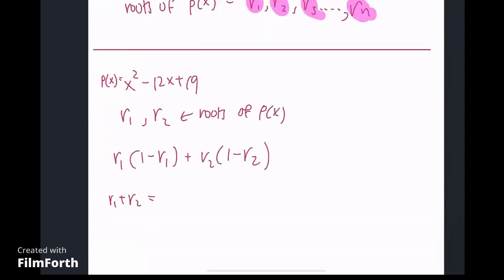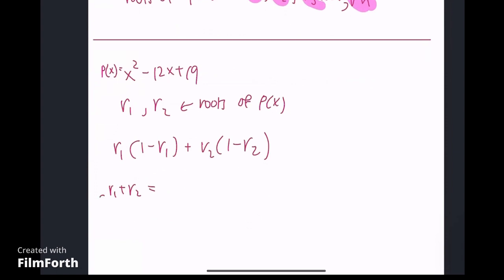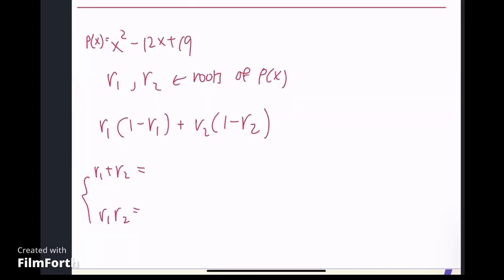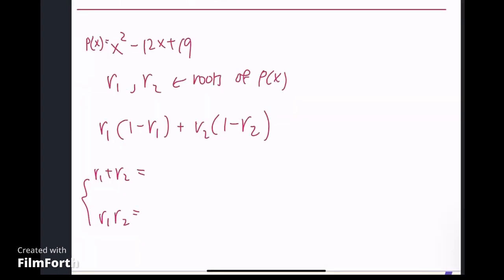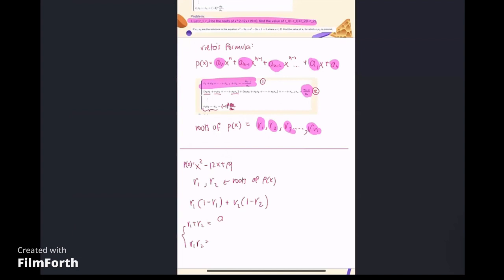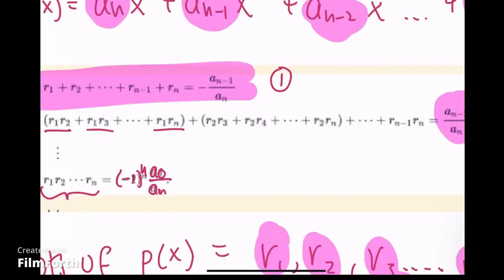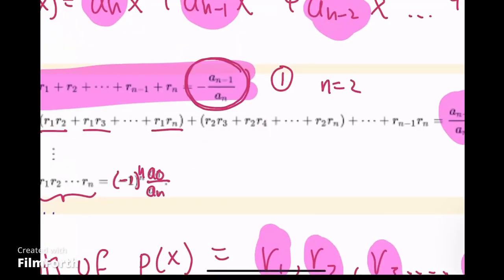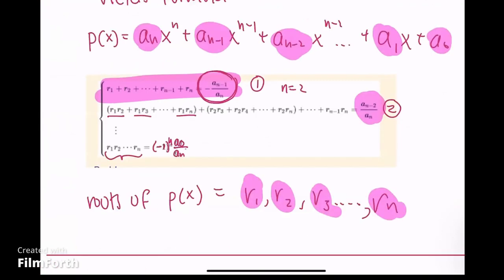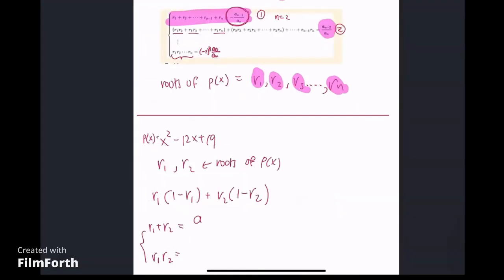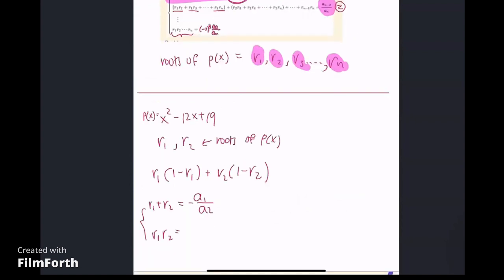Here, I'll just write out Vieta's formula to give you a hand with some parts that might be really useful. Referring back to what we had here, notice that it's this. And in this case, n equals 2. Whenever it's quadratic, n equals 2. So it should really just be negative a1 over a2, and then this should be